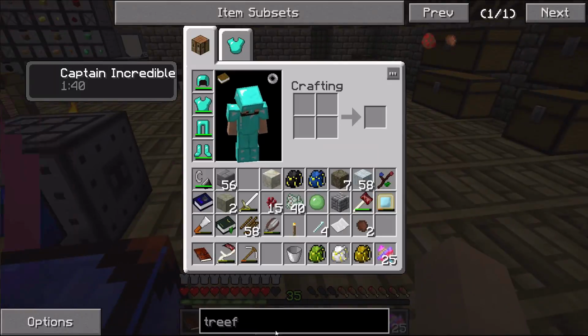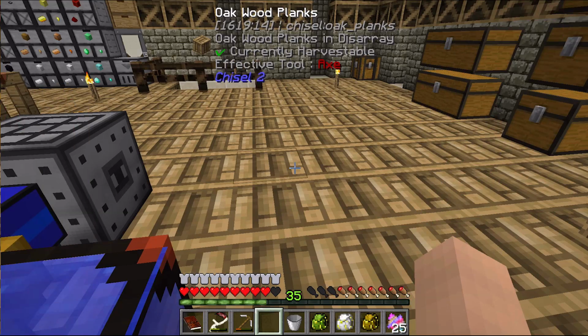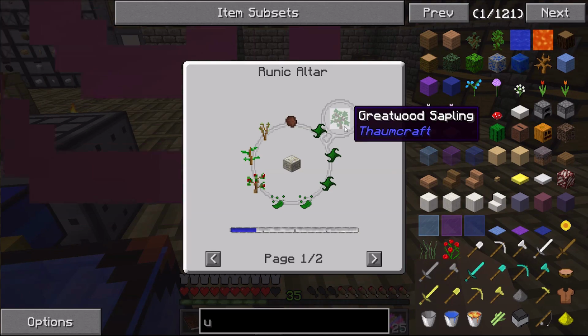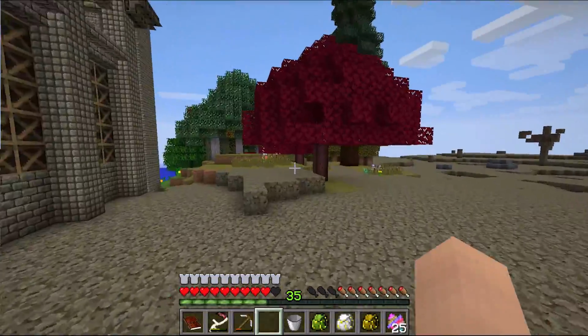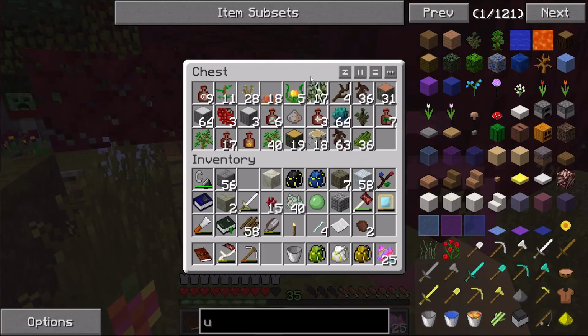Alright, so let's walk away real quick. And let's see why I needed this tree fid seed. If I look at the usages, we get a great wood sapling from this. So I need 3 of the witchery saplings real quick. And 1, 2...